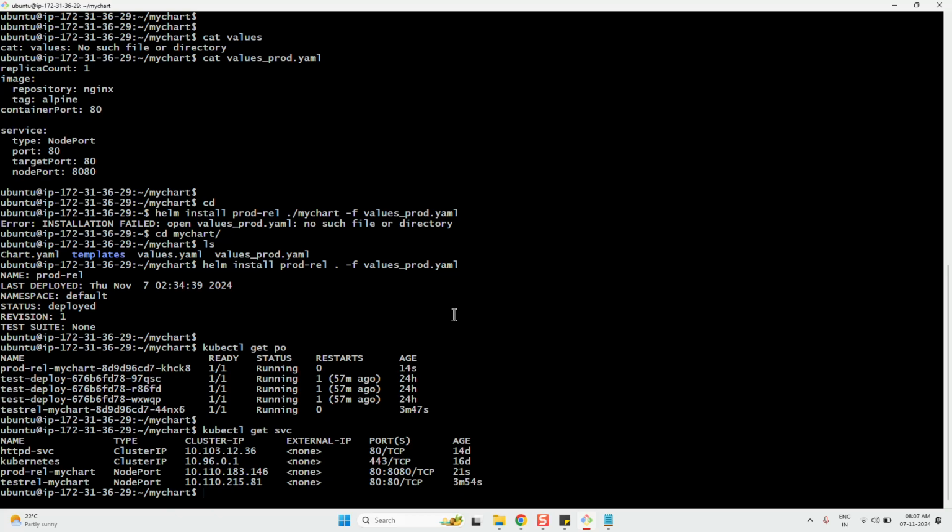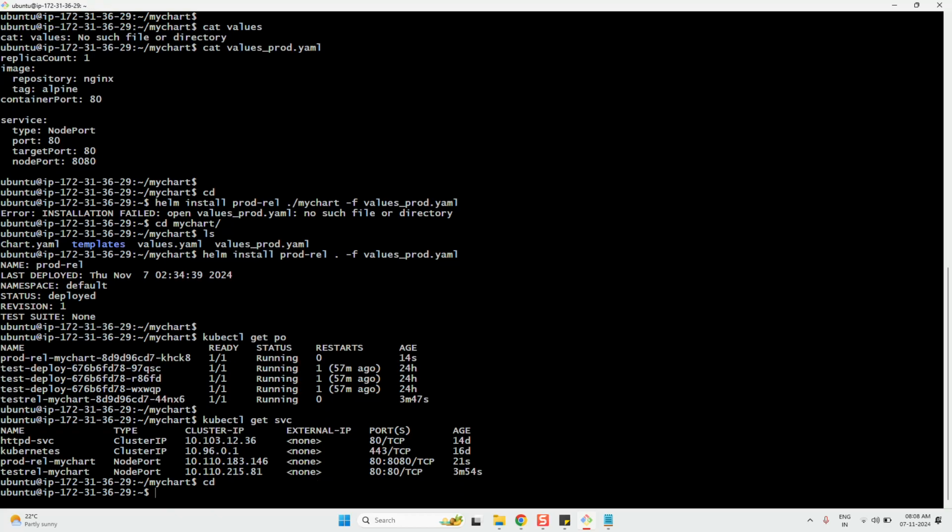Got it? Is it clear? So try it. Nowadays no one is interested in using manifest files. Everyone wants to use Helm charts only. Of course, we still have to write manifest files. Within the Helm chart you'll be using manifests only in the templates, but in a templated, parameterized way. So Helm charts will be used because it's easy to deploy